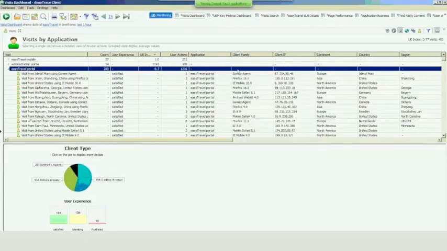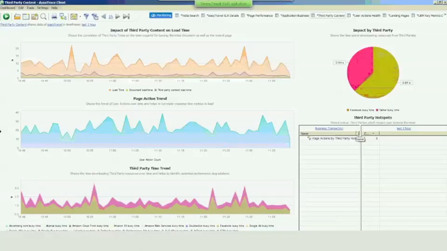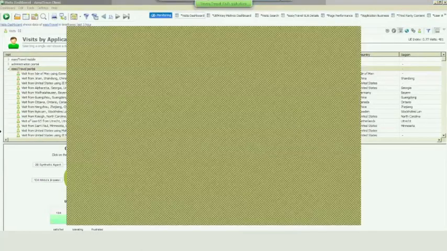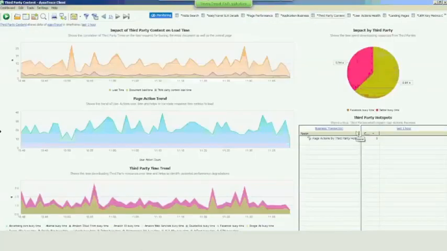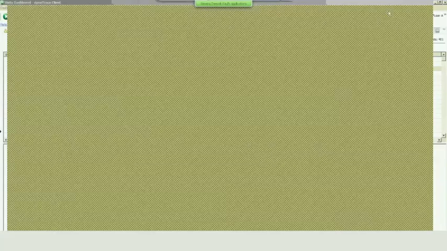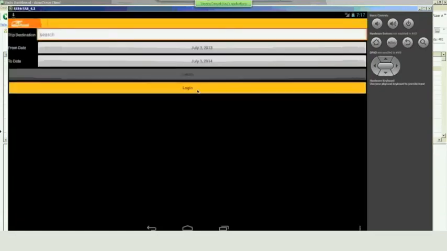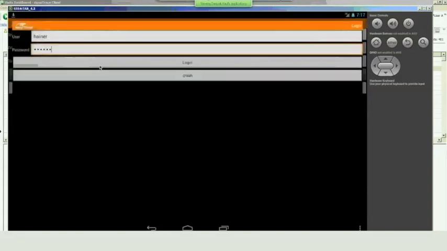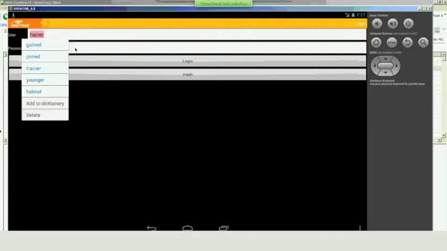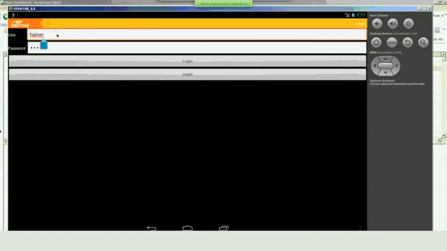Similarly, I have a quick run here where I'm again running the Easy Travel application on my mobile, on my tablet here. So I basically log in as a user here. I'm just going to use the user, again, Monica here.